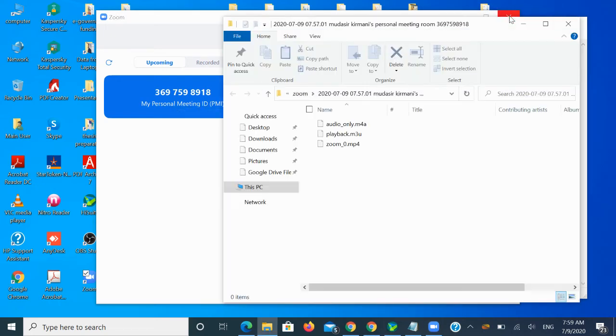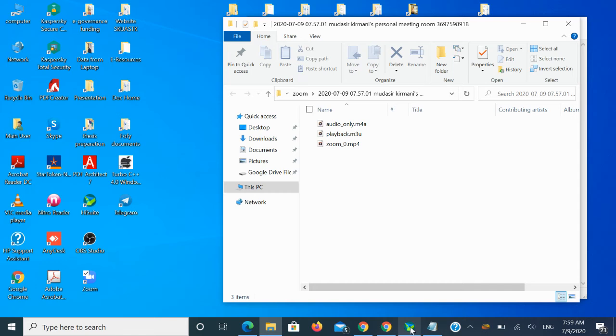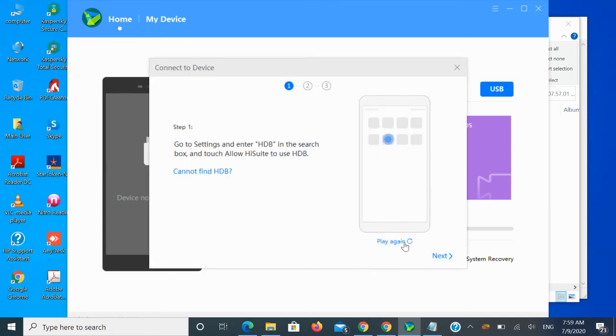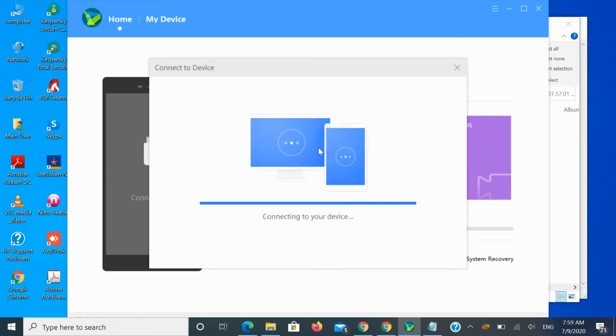I'll again close this particular session. I'll check this window afterwards. Now what I'll do is I'll go to one more attribute of mine, which is a connecting software for my mobile phone. So first I'll connect my mobile phone to this computer so that it will be visible. I'm giving a verification code for this. Don't worry, this will not be displayed a second time, because the verification code in case of my mobile is always different whenever you want to connect.